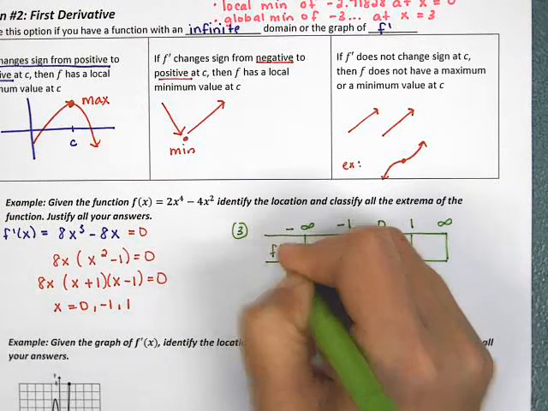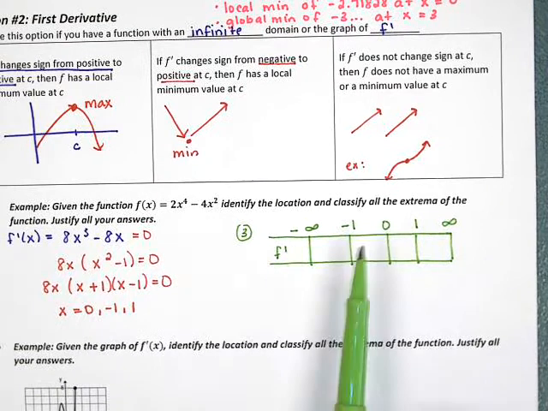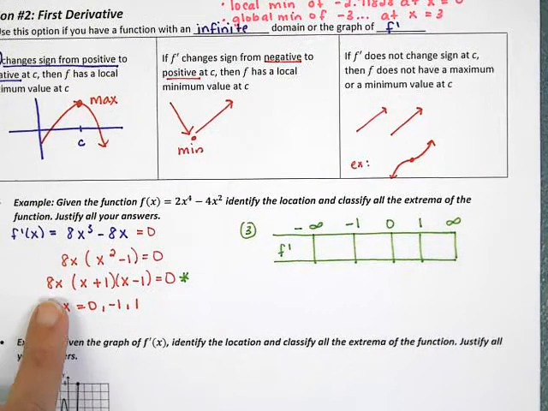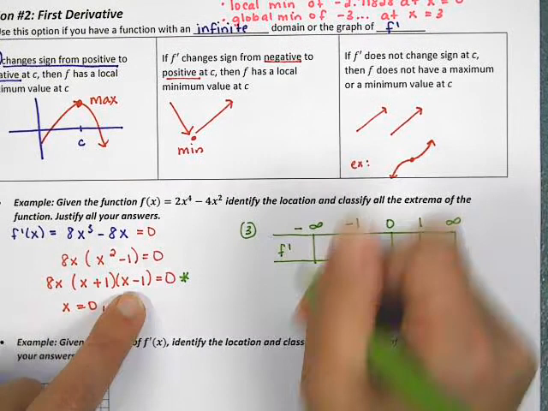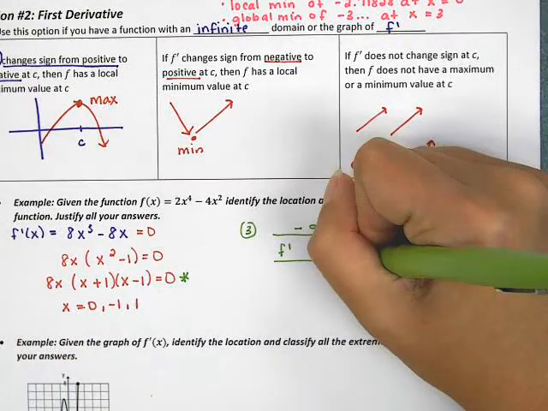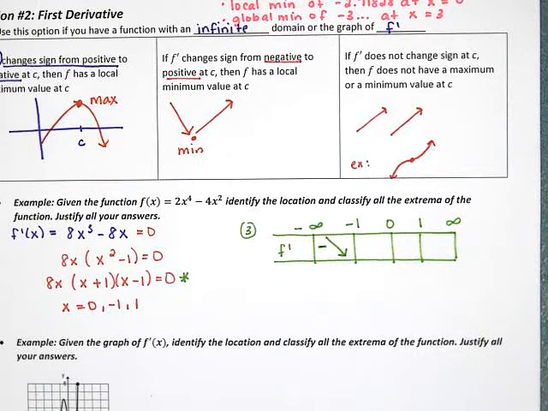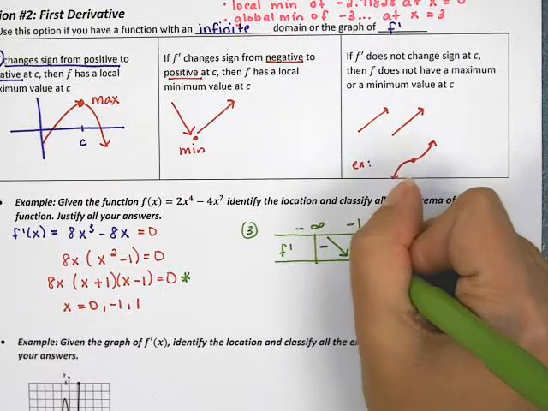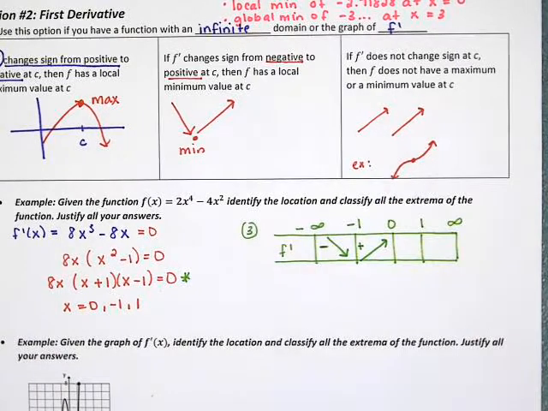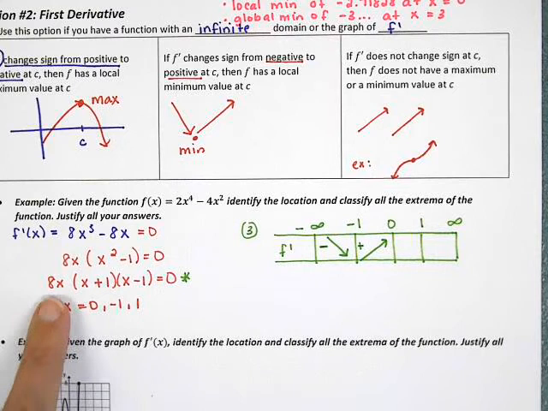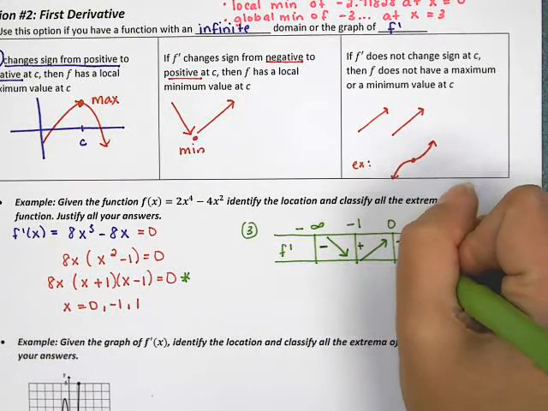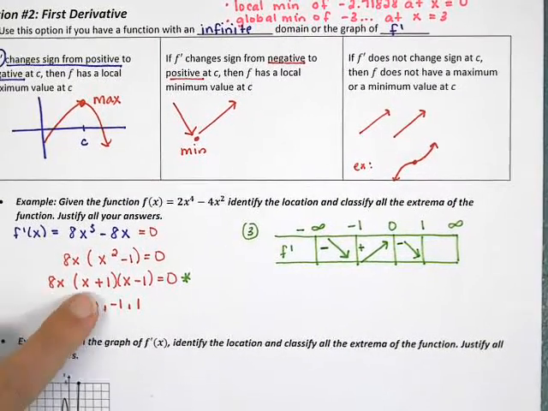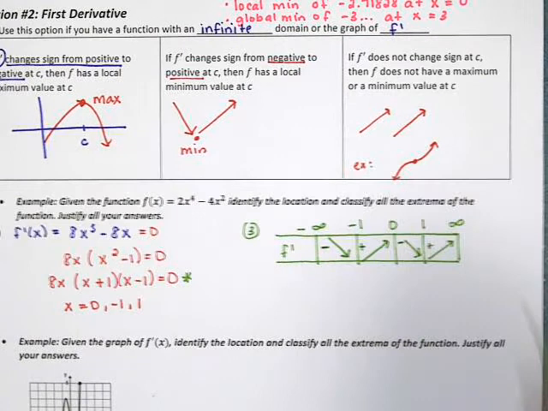If we now look at the sign of the derivative, if I pick a number less than negative 1, like negative 2, and I plug it into the factored version of my equation, I would have a negative, and another negative. 3 negatives make a negative, so my graph is going downhill. Between negative 1 and 0, like negative 1/2, I would have a negative, a positive, and a negative. 2 negatives make a positive, so my graph is going uphill. Positive 1/2, if I plug that in, I would have positive, positive, negative, so negative would be going downhill. And bigger than 1, like 4, I would have positive, positive, positive, positive would be going uphill.